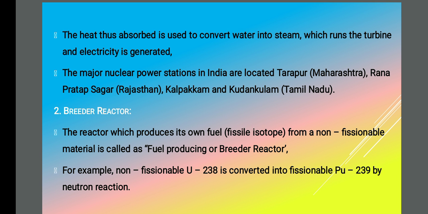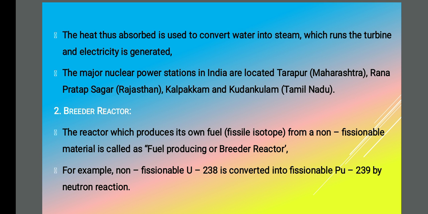I have said it to you already. A breeder reactor is a reactor which produces fissionable material from non-fissionable material. So breeder reactor is a reactor which converts a non-fissionable material into a fissionable material, and the example we are using here is uranium-238. I said in the last class itself, uranium-238 is converted into a fissionable material, plutonium-239,